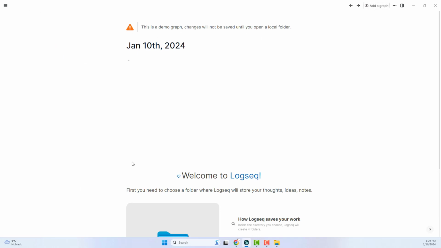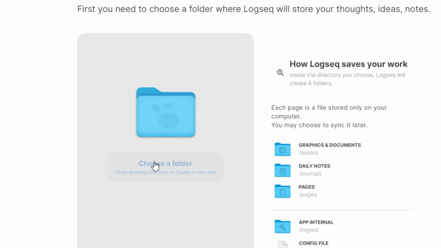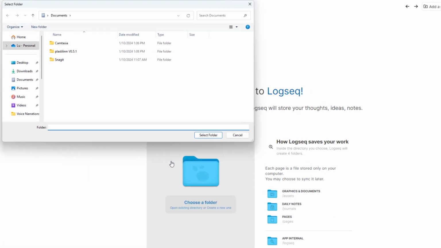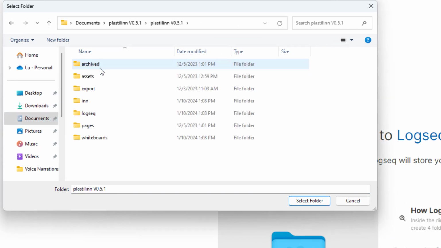Scroll down a little bit and open the folder where you have extracted the Plastilinn zip file contents. Click on Select Folder